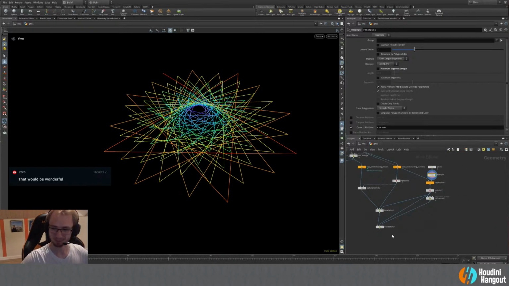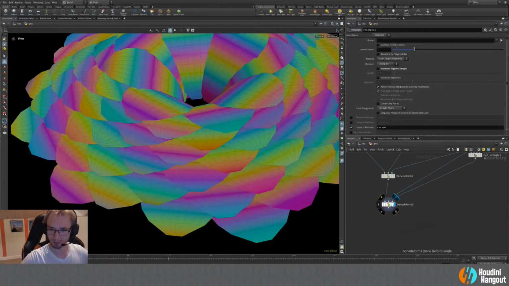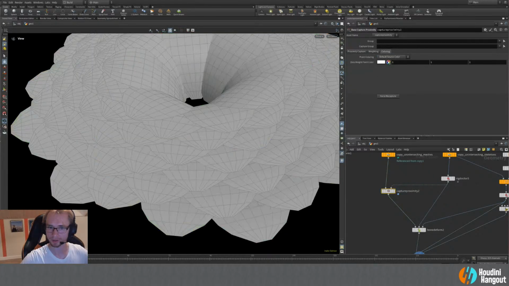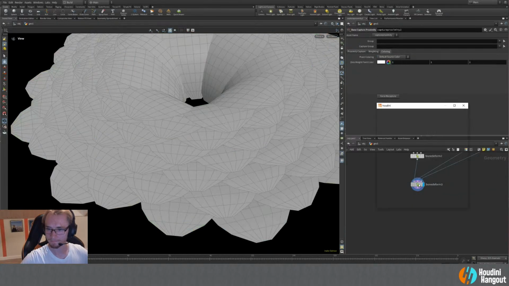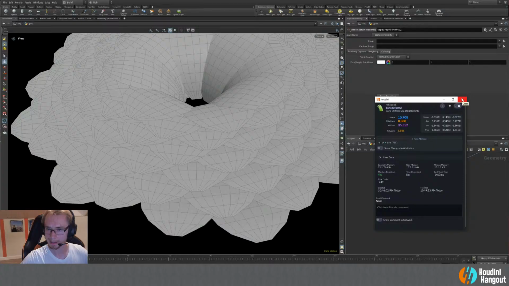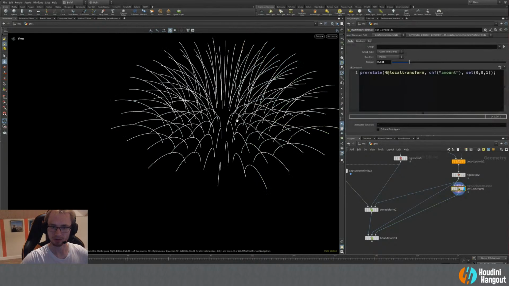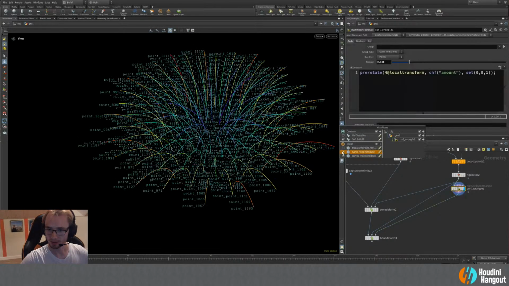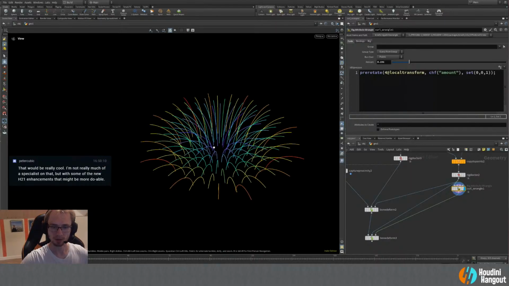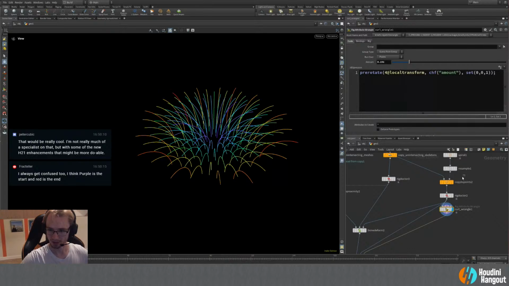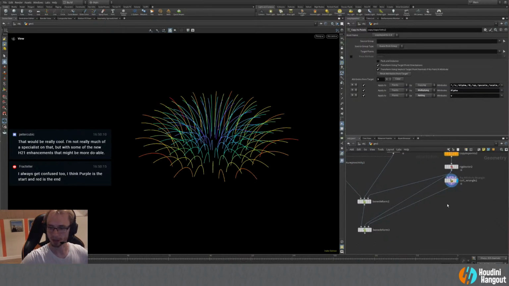Yeah. So when we go down here, I think we'll just get rid of this coloring here. Let's see. Yeah, of course, we don't have that attribute over here, but we do have it here on our skeleton. Disable the name. There we go. Okay. So now we have this attribute here on our skeleton because it just gets transferred over from the copy to points. So we can start to just make our two